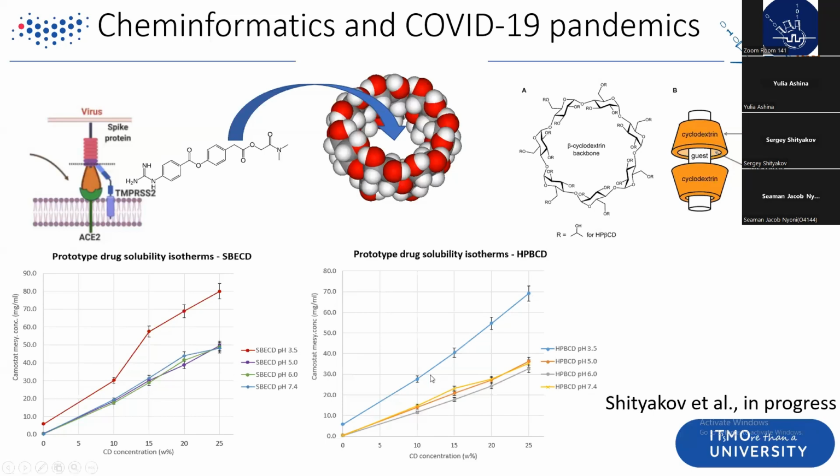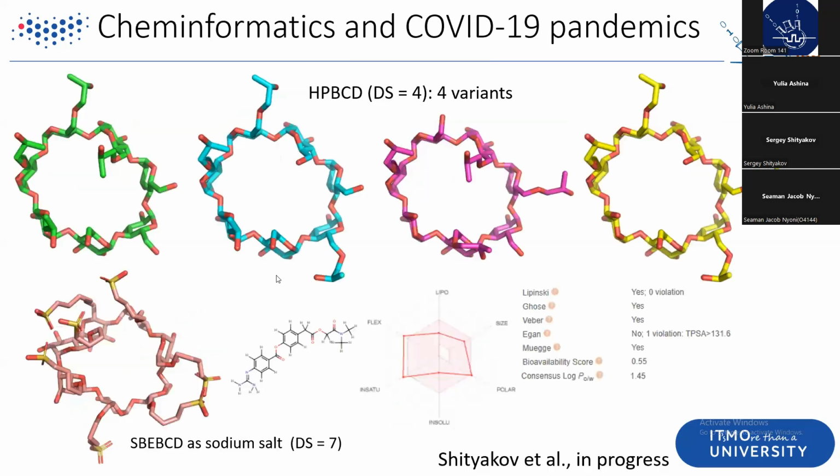One could approximate the binding affinity. Here is just simple information that one cyclodextrin is better than the other in terms of the binding. So we can also approximate it using the molecular docking technique by modeling the host-guest interaction. But the problem is that the cyclodextrins are complex molecules. They have multiple groups, like